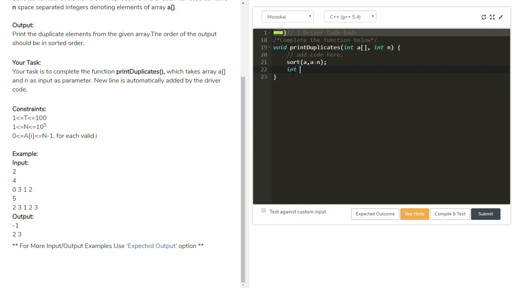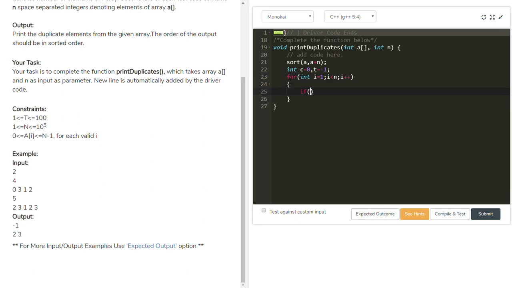To find whether such duplicate elements exist or not, I am using a variable c. And I am using one more variable, t equal to minus 1, for the case where duplicate elements exist more than twice; t will handle such cases. Here is the beginning, a for loop, starting with i equal to 1, i less than n, i plus plus.